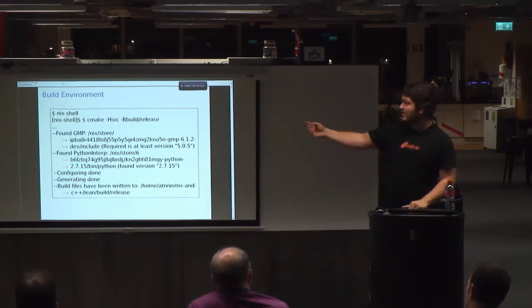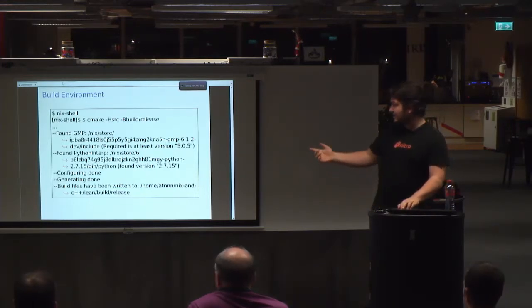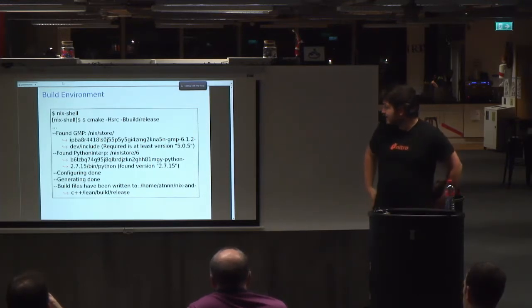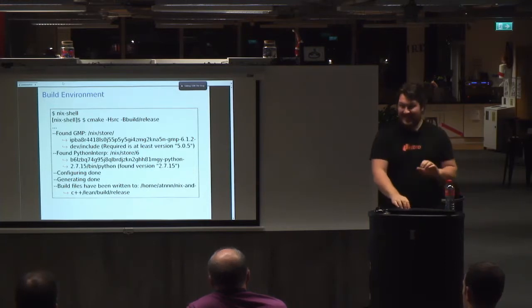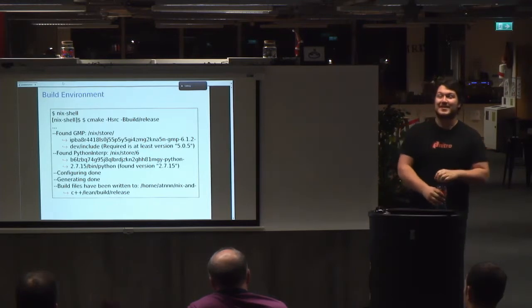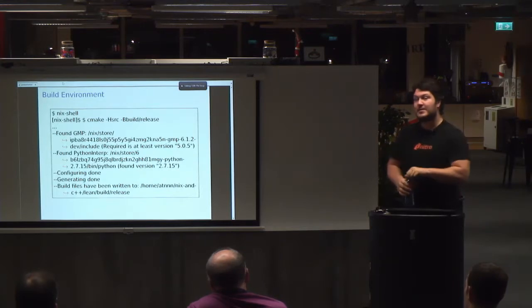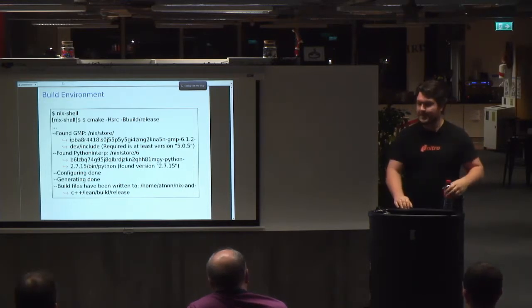From that shell, I can run CMake, which is now installed, and it will find Python, it will find GMP, which are dependencies of this package, and build it. It builds it. Any questions so far? Yes? Can you get that only on NixOS? No, so far everything works also on Nix. It's not NixOS specific. I'll try to mention it when it is.